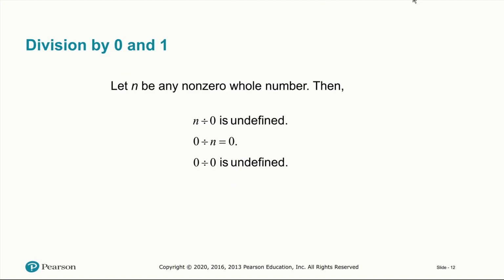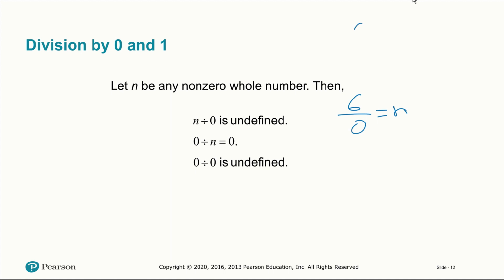All right, when it comes to division by 0 and 1, 0 is one that you have to really pay close attention to because 0 cannot be a divisor. Let's see why that could be. Let's say that we have 6 divided by 0 and we want to know what number that could possibly be. Notice that that would mean,